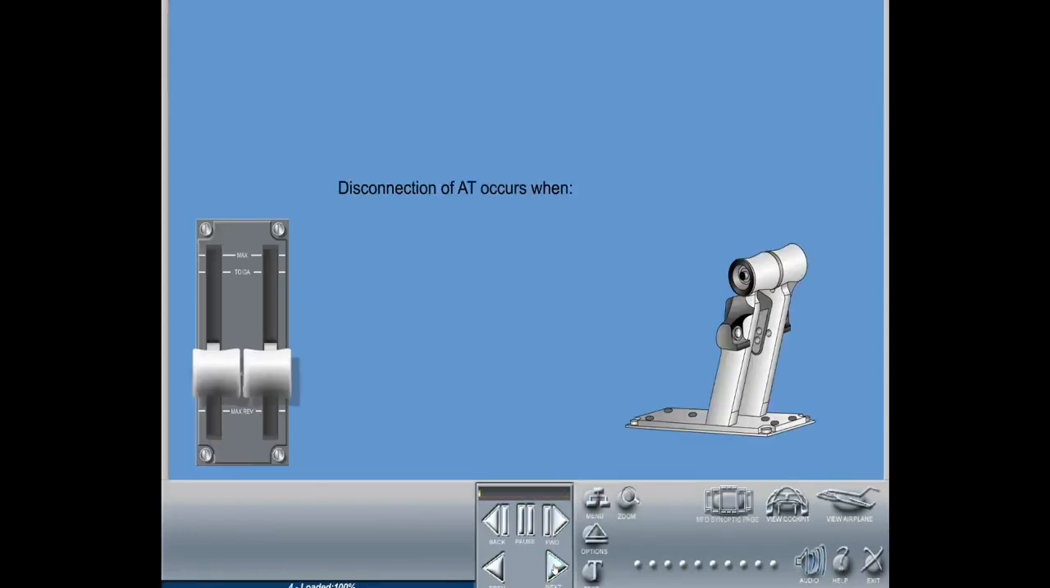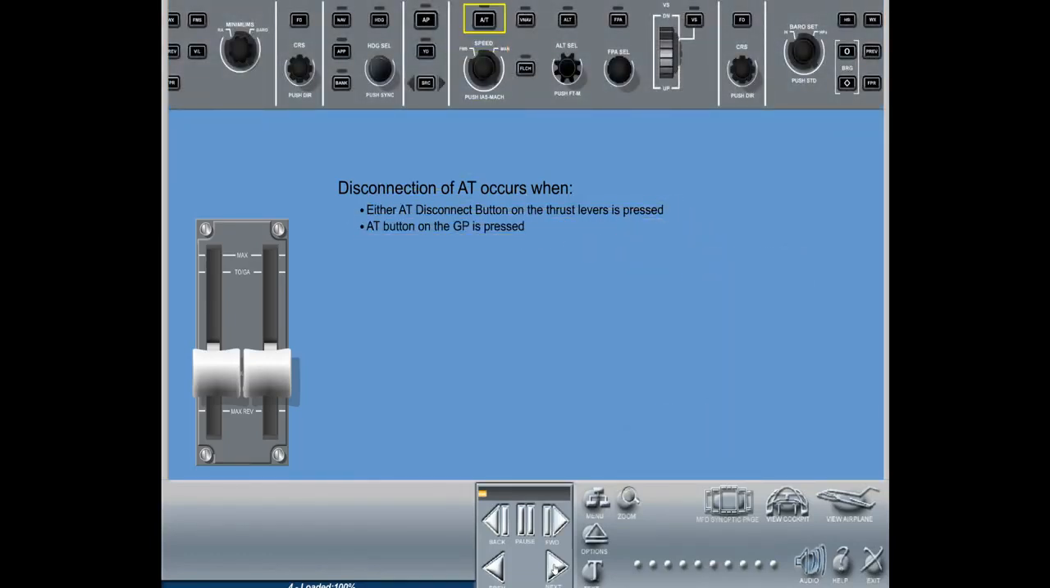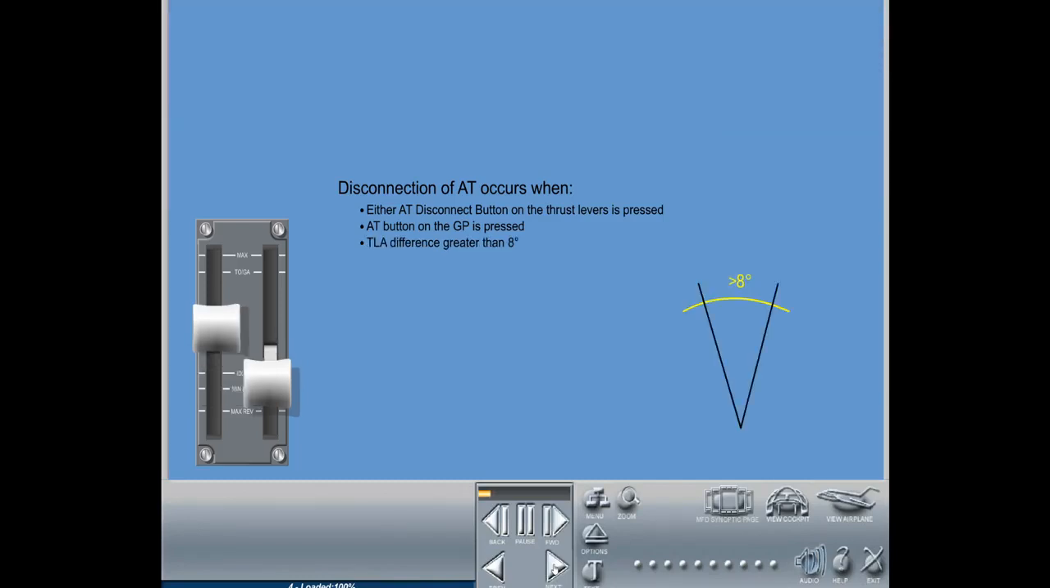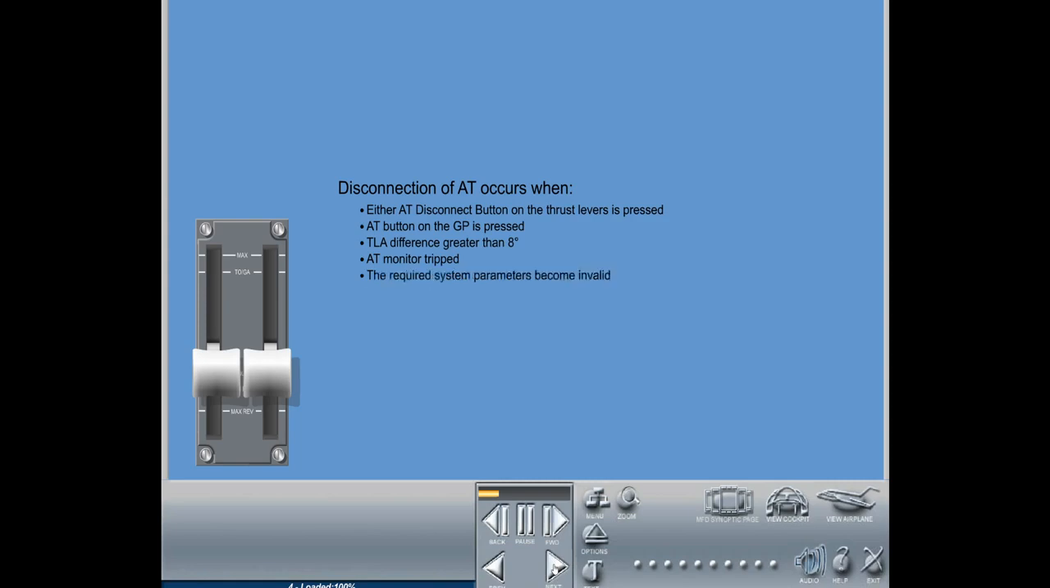Disconnection of auto throttle occurs when either auto throttle disconnect button on the thrust levers is pressed, the auto throttle button on the guidance panel is pressed, the thrust lever angle difference is greater than 8 degrees, or the auto throttle monitor is tripped and the required system parameters become invalid. Also on transition to on-ground condition, weight on wheels or wheel spinning, and thrust levers at idle and auto throttle in retard